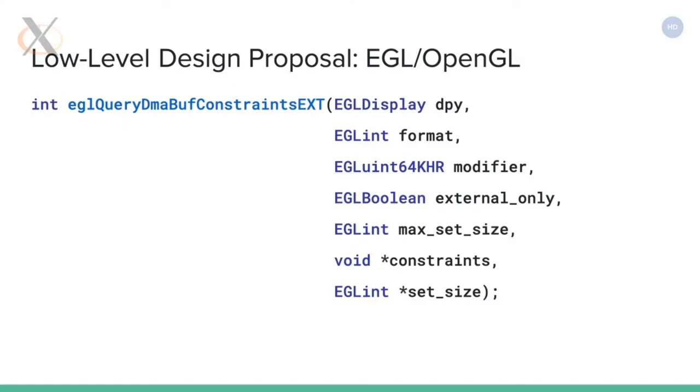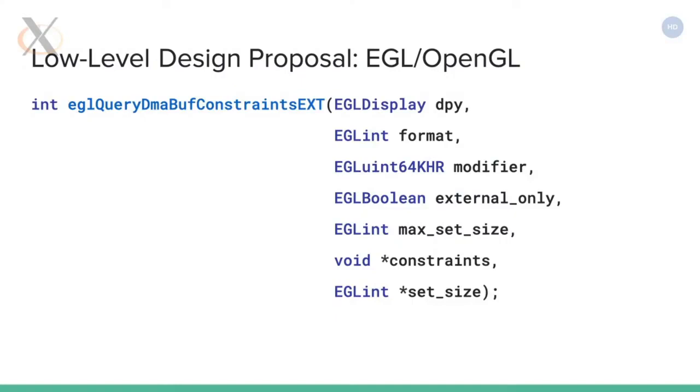So we've introduced a new entry point, EGL query DMA constraints X, which will take a format, a modifier, and an external only flag, which is also used in the modifiers extension. Basically, more or less says whether it's for rendering or texturing. It's a little more complicated than that,